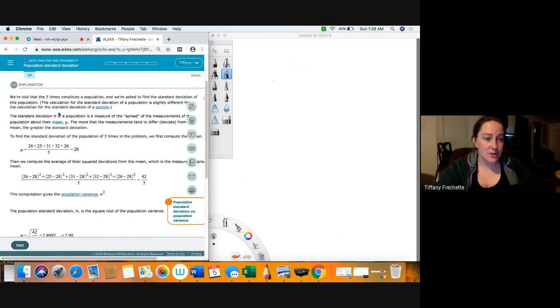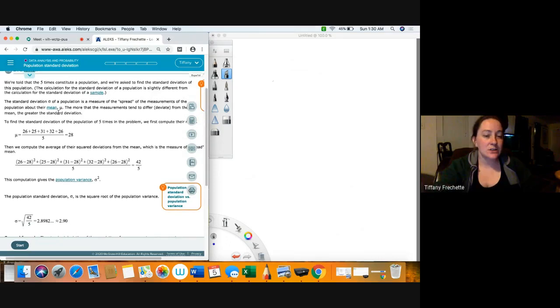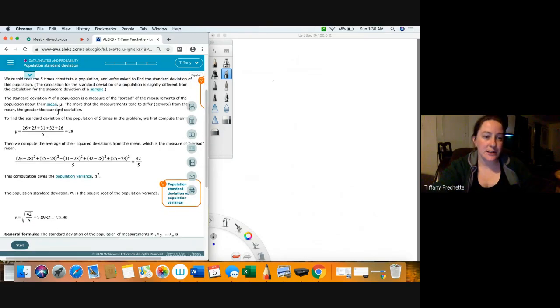All right. So we're told that those 5 times constitute a population, and we're asked to find the standard deviation of this population. The calculation for standard deviation of a population is slightly different from the calculation for the standard deviation of a sample. So we didn't do standard deviation of a sample. They're just letting you know that it is slightly different. So the standard deviation,